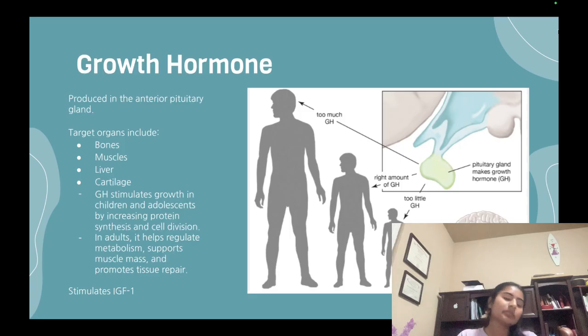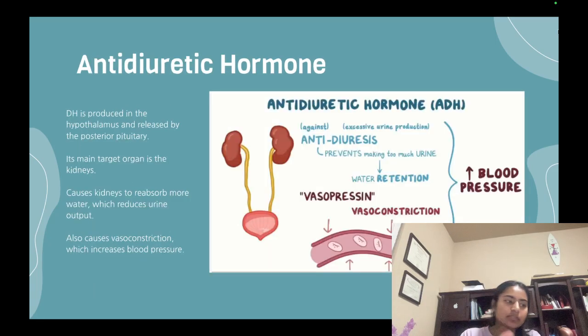Going on to another hormone, we're going to talk about antidiuretic hormone. So, antidiuretic hormone, or ADH, is also known as vasopressin, and it's a hormone that plays a major role in controlling the body's water balance. It's produced in the hypothalamus, specifically by the supraoptic nucleus, and then it's stored and released by the posterior pituitary